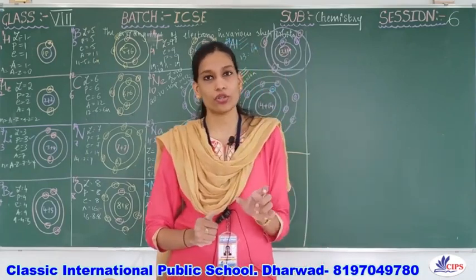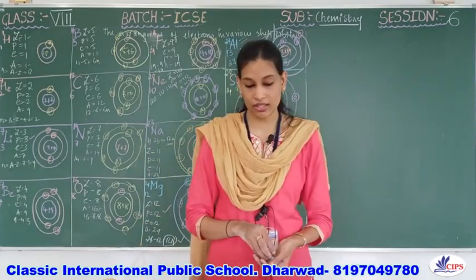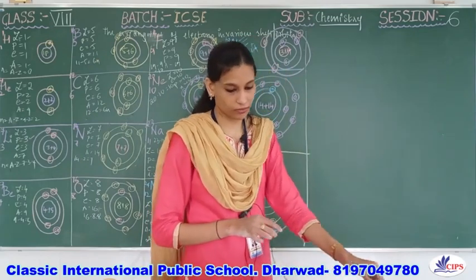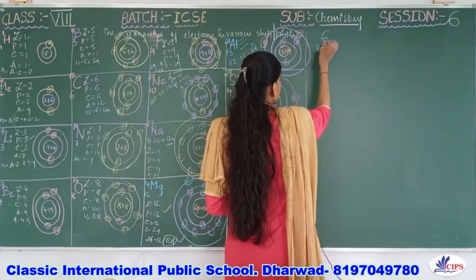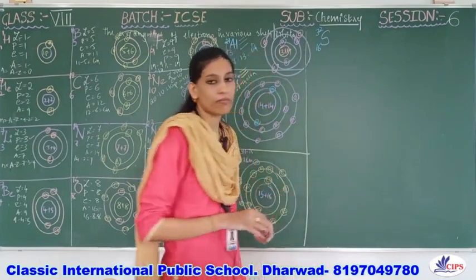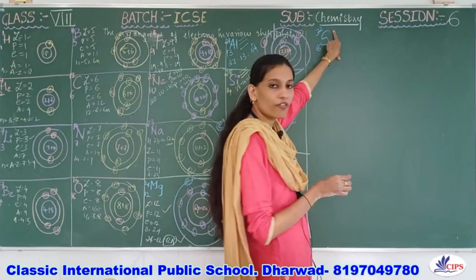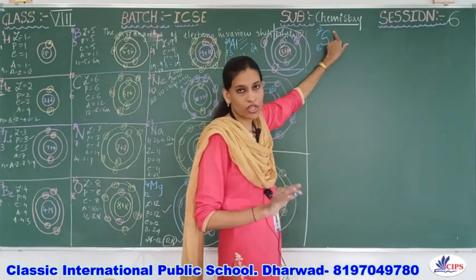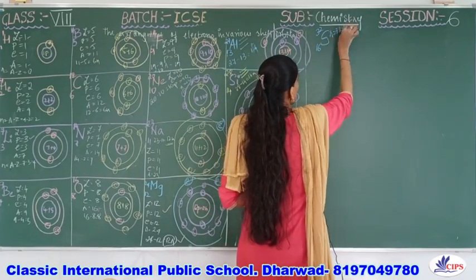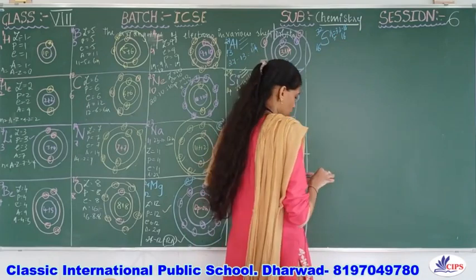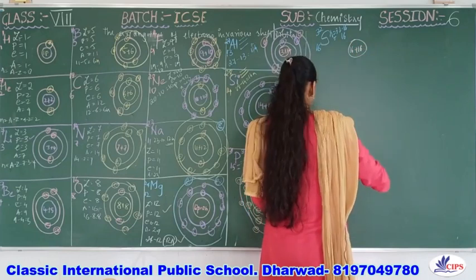Valency plays a very important role, students. Now first let us finish off the 16th element, sulfur. Sulfur has the symbol S, atomic number 16 and mass number 32. So the number of protons is 16, and the number of electrons is also 16. Neutrons, how do you find? Neutrons is equal to 32 minus 16, which is equal to 16. Now the nucleus has 16 protons and 16 neutrons.